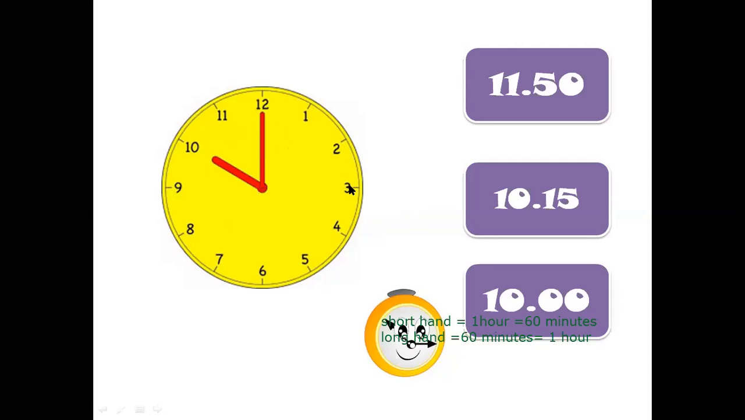When it is on 3, quarter past 10. When it is on 4, what is the time? 20 past 10. When it is on 5, 25 past 10. And when the hand is on 6, it is half past 10. Understood till here, boys? Okay, now I am going to